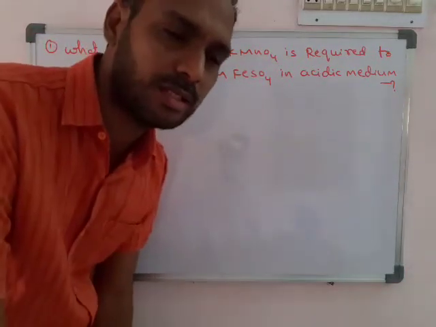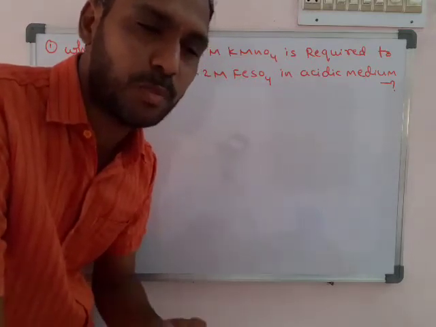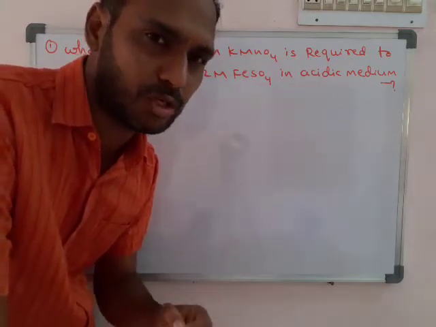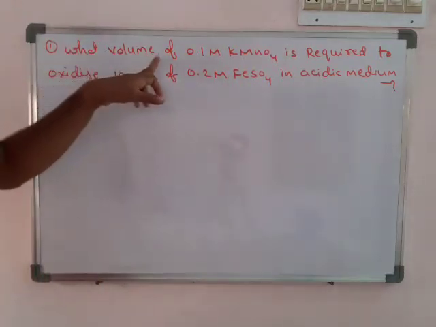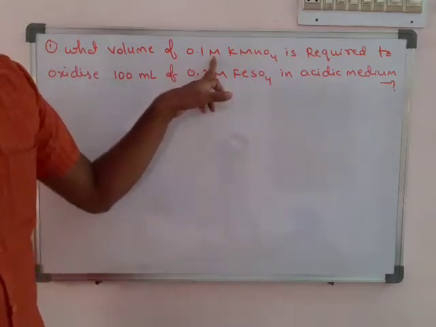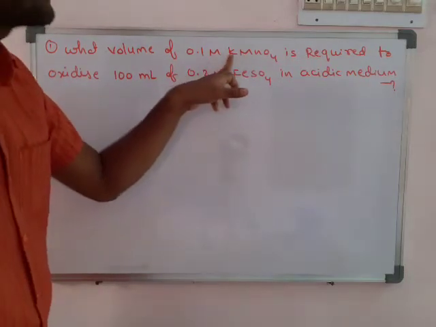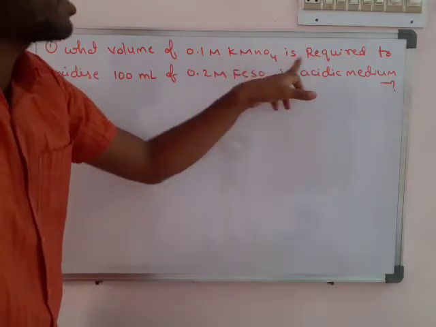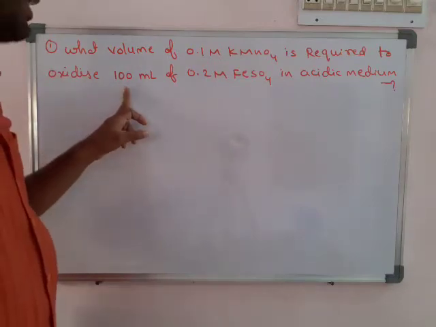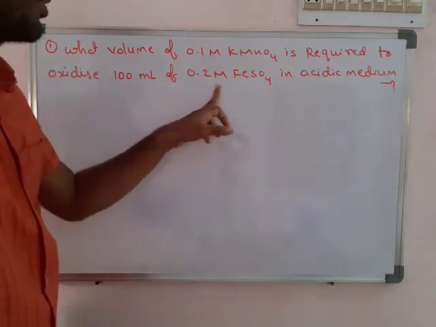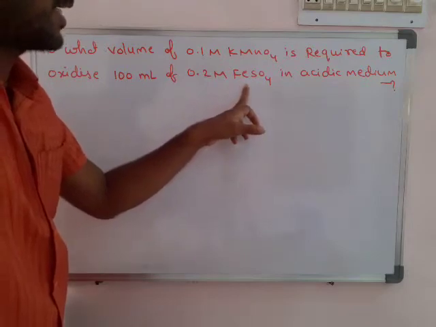So hello students, today we see some problems in stoichiometry. Okay, so first see what volume of 0.1 M, M means molarity, of KMnO4 is required to oxidize 100 milliliter of 0.2 M ferrous sulfate in